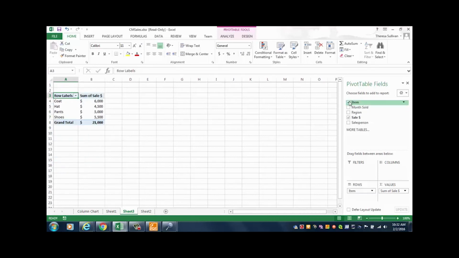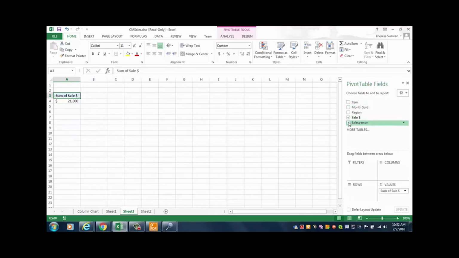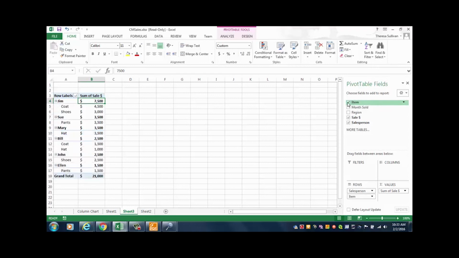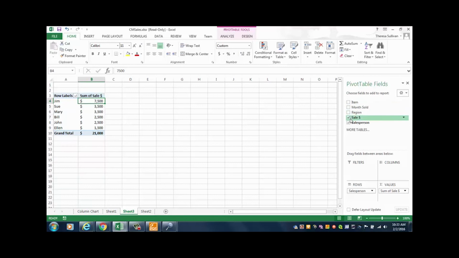Let's see what our top items were. Coats sold the most. But really, I need to know who is our top performer. And sure enough, if I sort this, I'm able to see Jim is our top performer, right? But there's other pieces. So Jim's primarily selling coats and shoes. So I want you to just see how I'm quickly able to make changes to the data based on this